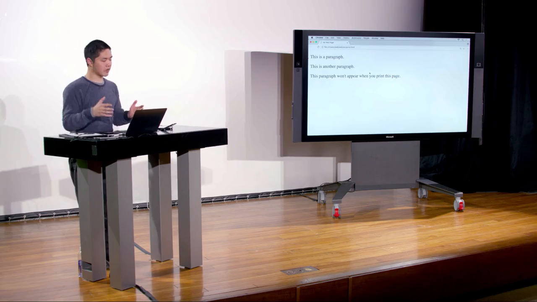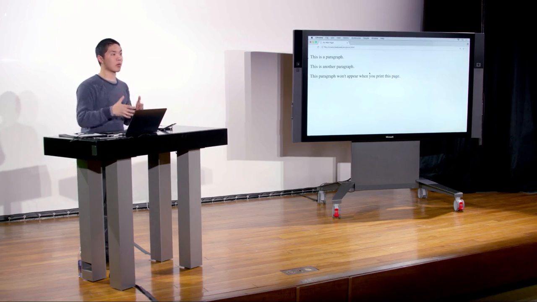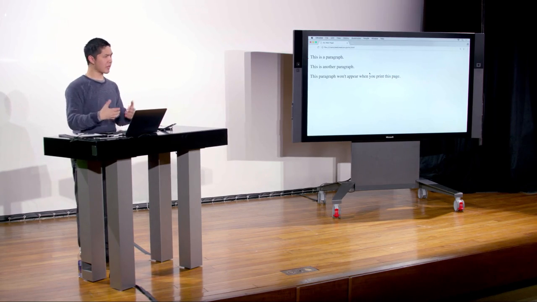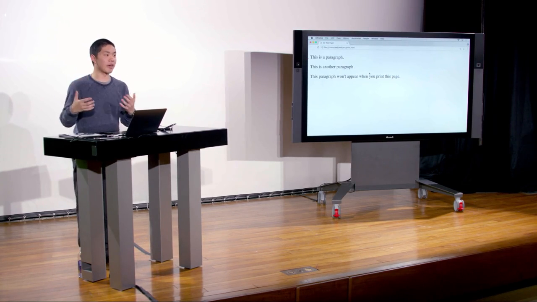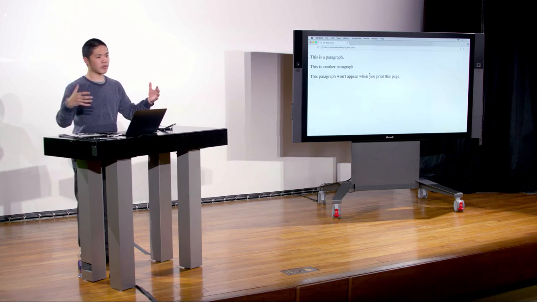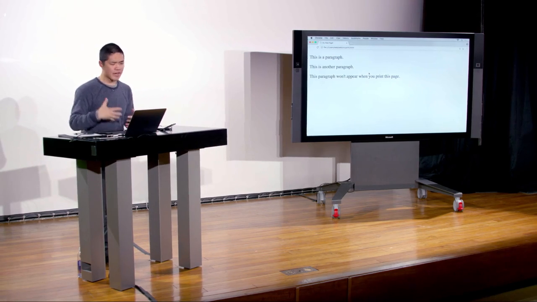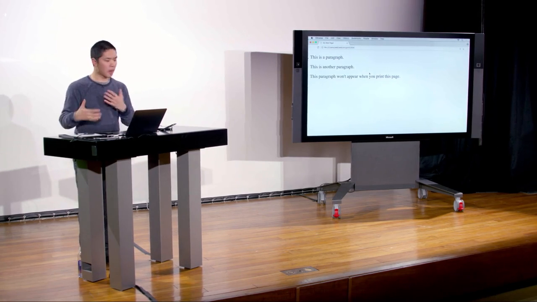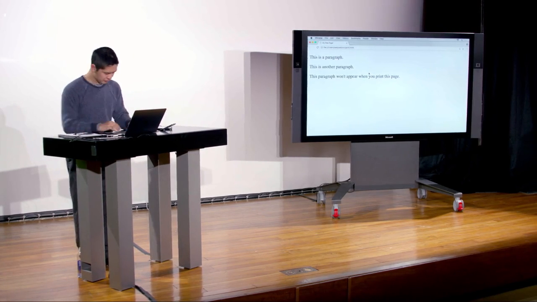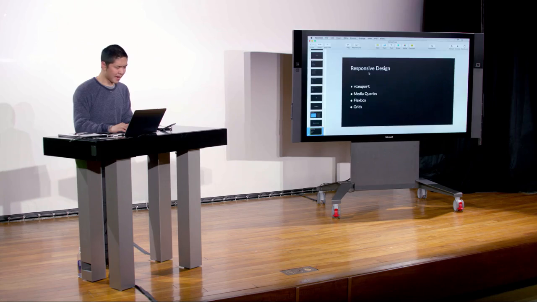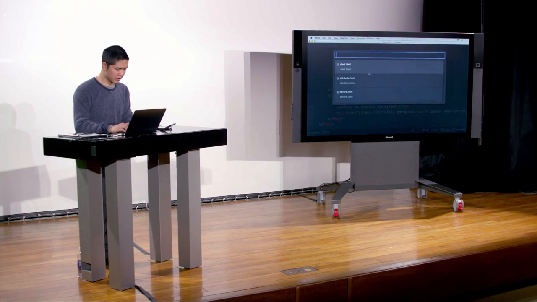But of course, printing is just one example of a different medium on which I might be looking at content. The more frequent case nowadays is probably that I have content being viewed on differently sized devices, that I have a computer with a very wide screen, a tablet with a slightly narrower screen, a phone with a screen even narrower than that, and I want to make sure that my website responds to those changes as well. So how might I go about doing that? Let's take a look at